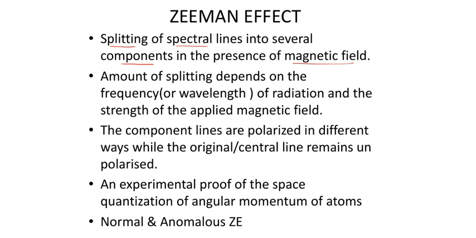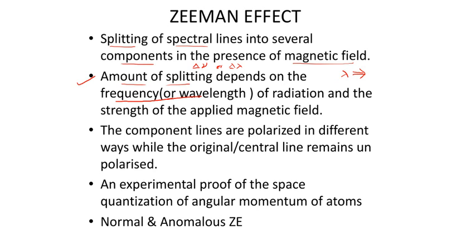Now, the important thing to be noted is the amount of splitting. What is the amount of splitting? It means delta nu or delta lambda. We can talk either in terms of frequency or in terms of wavelength whenever we talk about electromagnetic waves and spectroscopy. The amount of splitting depends on two important factors. One is the original wavelength. So it depends on lambda of sodium light, if it is sodium light that you are subjecting to a magnetic field H. It depends on the wavelength of whatever light, the original spectrum.